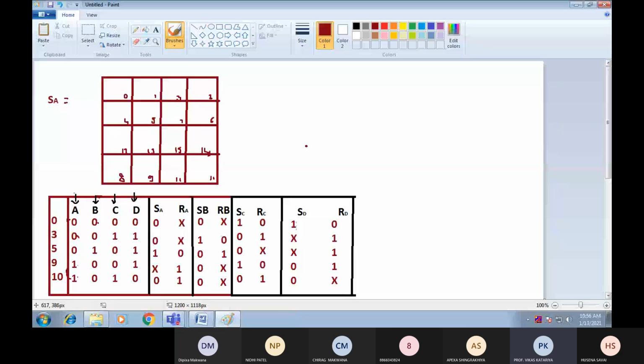टाइम हो गए शायद। ओके, वैल्यू फिल करते हैं, फिर इसको हम नेक्स्ट लेक्चर में कंटिन्यू करेंगे। सो एस एक के लिए जीरो इंडेक्सिंग पर, जीरो लोकेशन पर आपको जीरो फिल करना, 3 लोकेशन पर आपको फिल करना है जीरो। और 5 लोकेशन पर आपको फिल करना है 1। सो के-मैप में